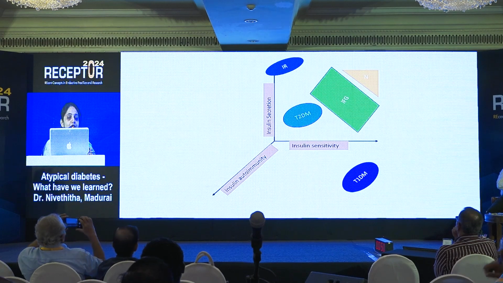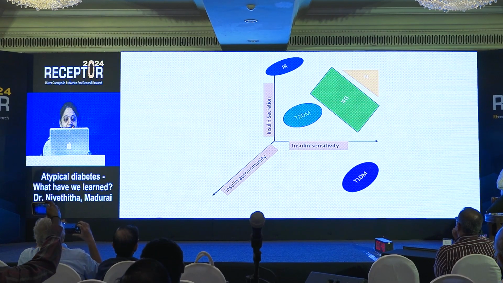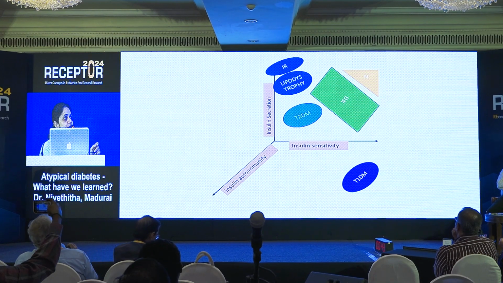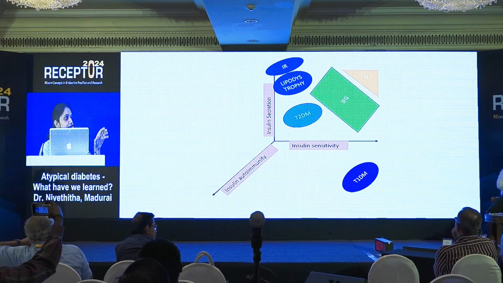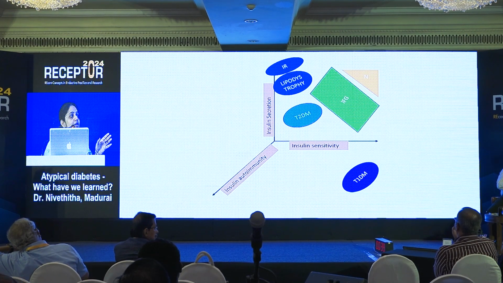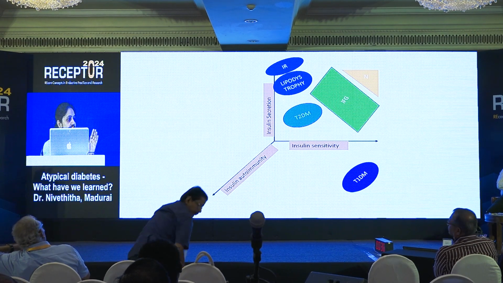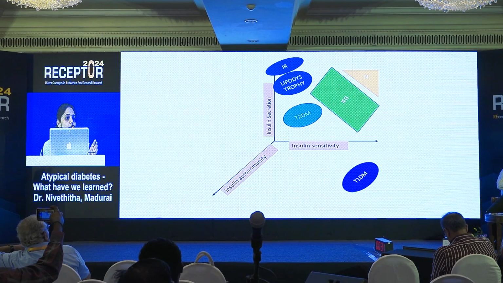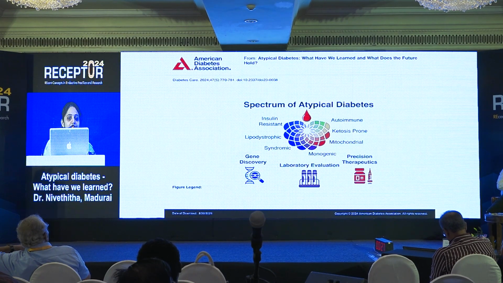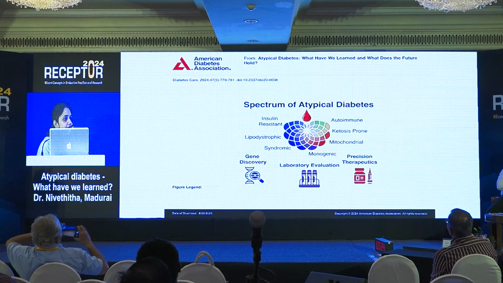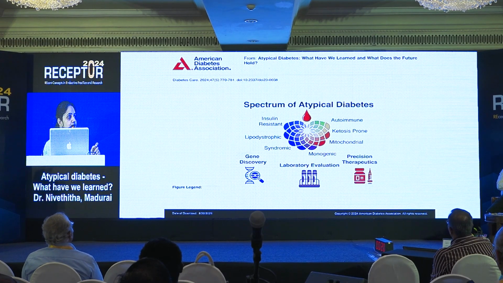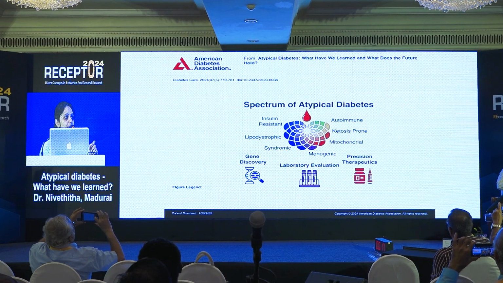So now I just want to conclude. There are even other types of atypical diabetes, that is severe insulin resistance syndromes and lipodystrophy, where the insulin secretion is normal, but the sensitivity is very, very low. They are severely insulin resistant. For want of time I am not explaining them. So these are the spectrum of atypical diabetes: insulin resistant, lipodystrophic, syndromic diabetes, autoimmune, ketosis prone, mitochondrial,